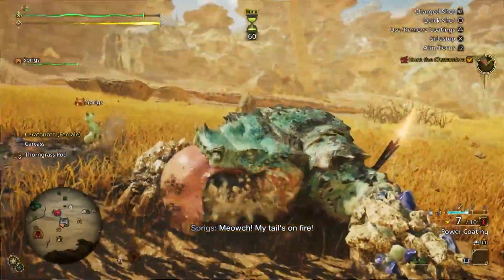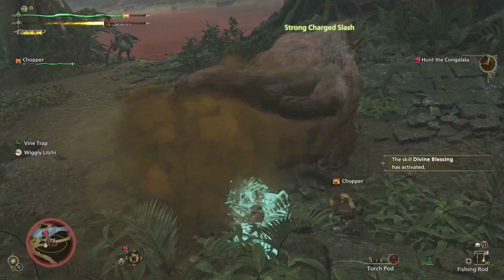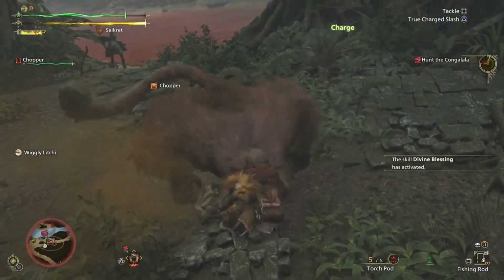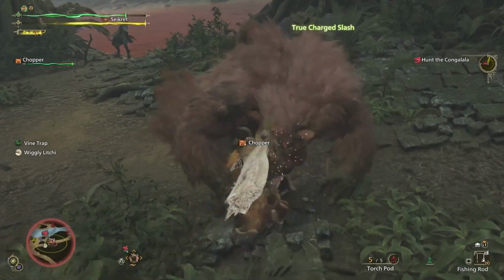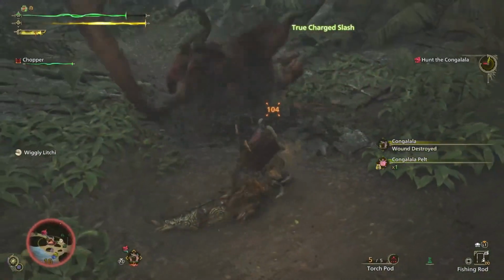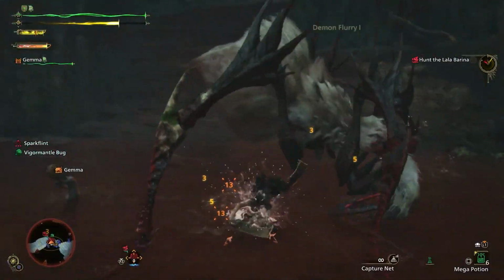My tail's on fire! That was a lot, but that's our guide covering all 14 weapons in Monster Hunter Wilds. Hopefully, you have a better understanding of how each of the weapons work and can make an informed decision on which ones you want to put your time and